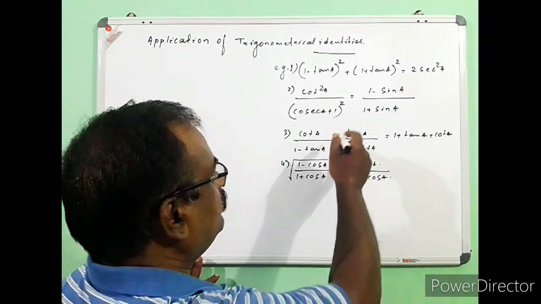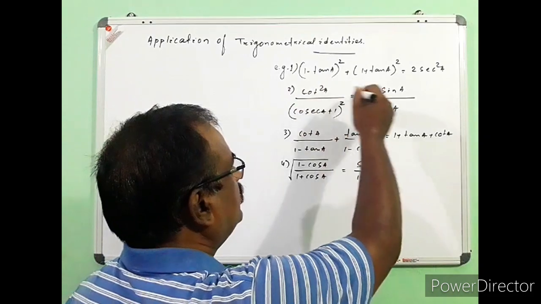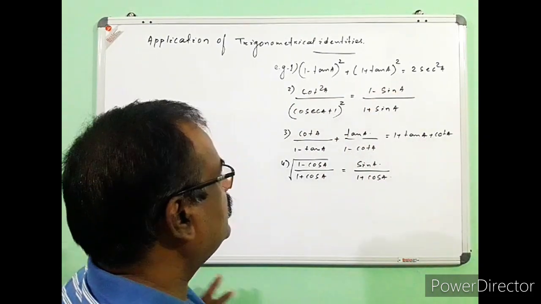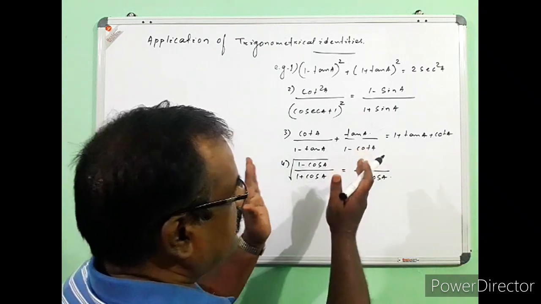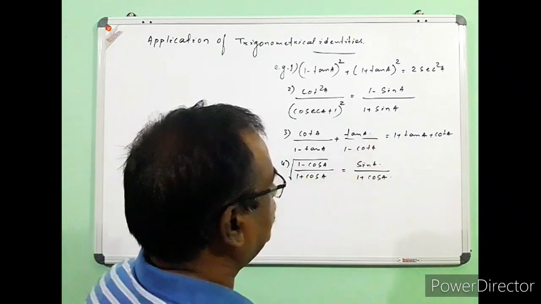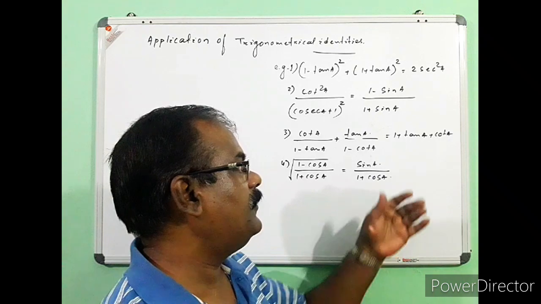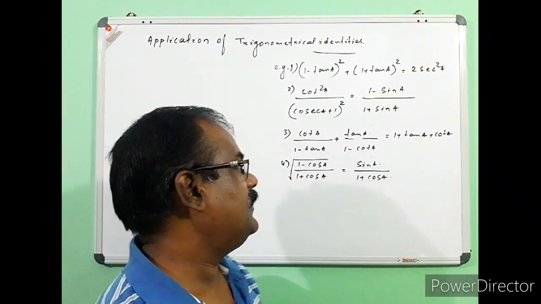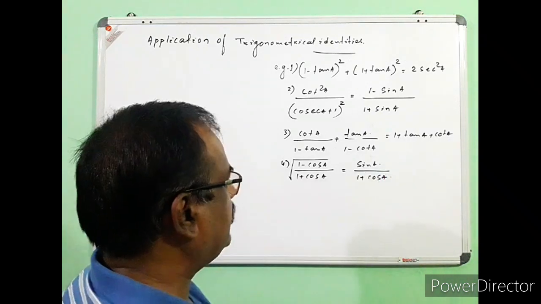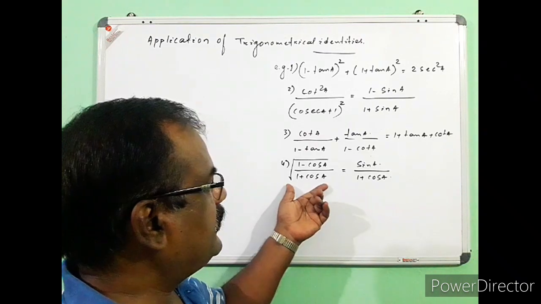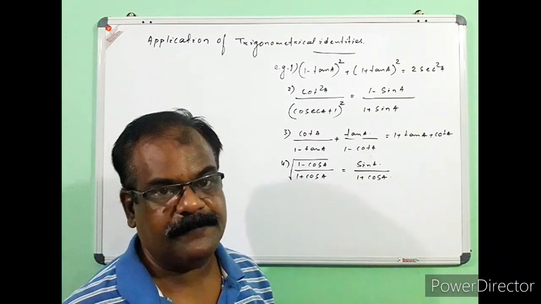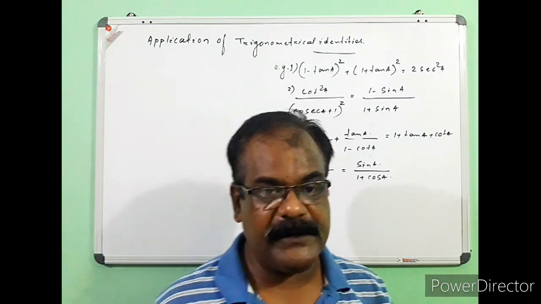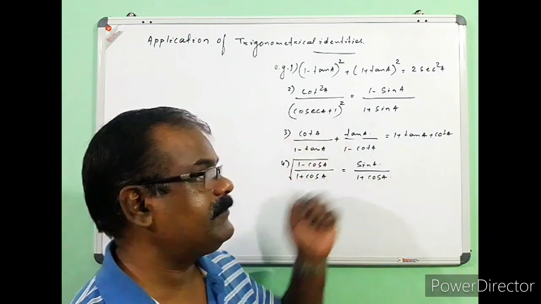In the second example you have seen that here is only 1 term and here also 1 term. In the third one you can see that the left hand side is given in fractional form, whereas here there are no fractions. In the fourth example I have taken, one side is given in irrational form and the other in rationalized form. So while we are proving, at that time we have to remember certain facts.